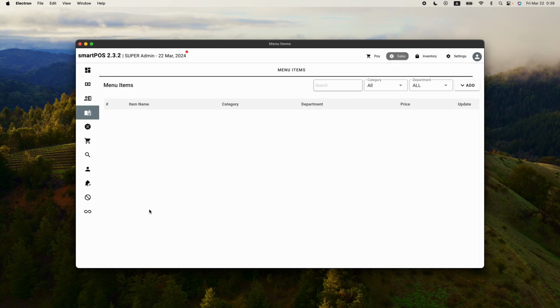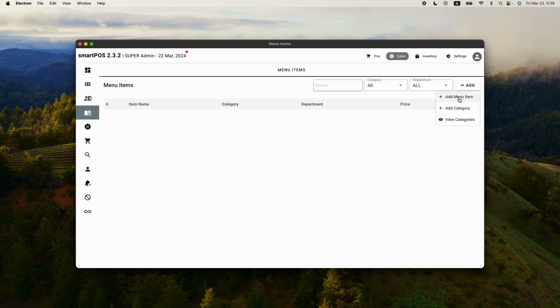So let's create two types of categories. I'm going to use someone who is into selling different kinds of drinks and stuff like that. When you come to the add button, you see there are a couple of options. The first thing you'll need to understand is